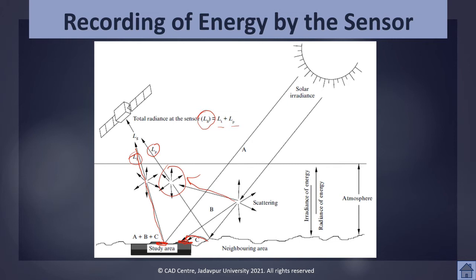The path radiance generally introduces unwanted radiometric noise in the remotely sensed data and complicates the image interpretation process. A great deal of research has gone into developing methods to remove the contribution of path radiance. However, they are not always very efficient. And because of this path radiance, often many remote sensing agencies don't prefer to capture the blue band. They start capturing the images from the green band.